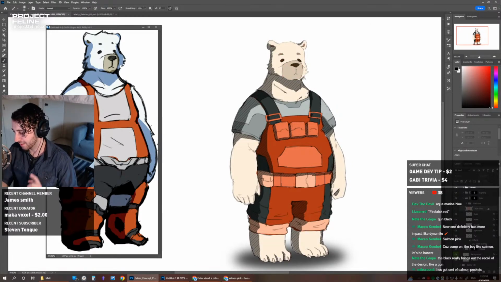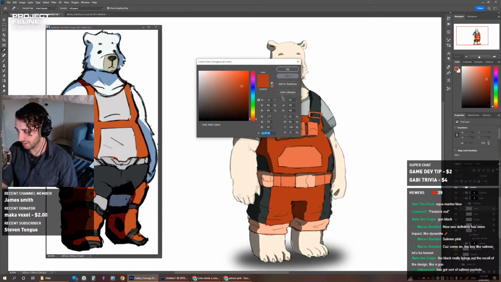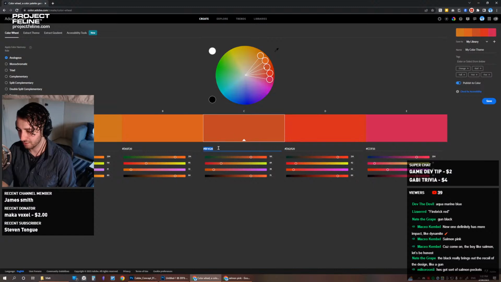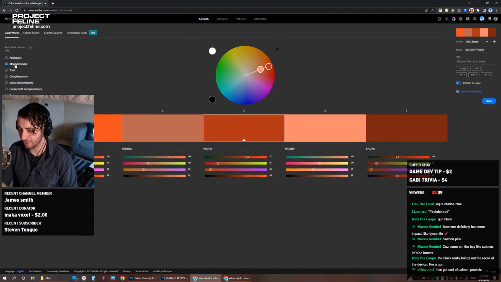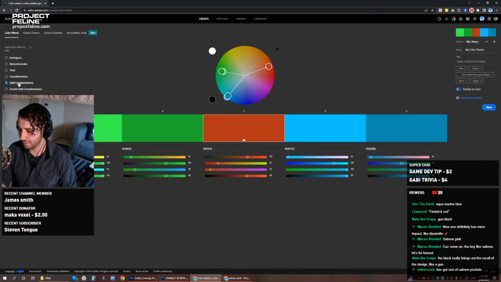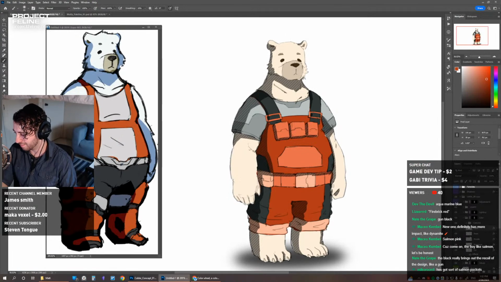But there is something I do want to try. Let's Adobe Color it and see. Let's chuck the red in and see what colors it recommends for us. If I did mono triad, what does it give us? It gives us blues and greens. I don't know if I want to. Split complementary. Maybe this kind of blue, but desaturated a lot. Just trying it. It probably is going to look bad, but I just want to try it out.